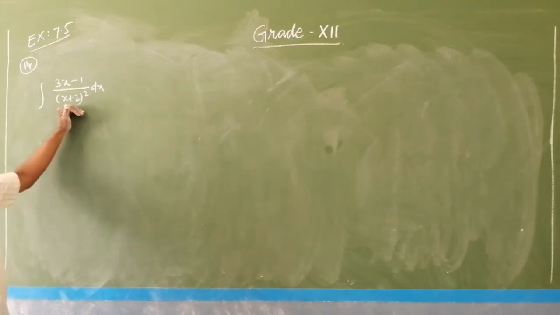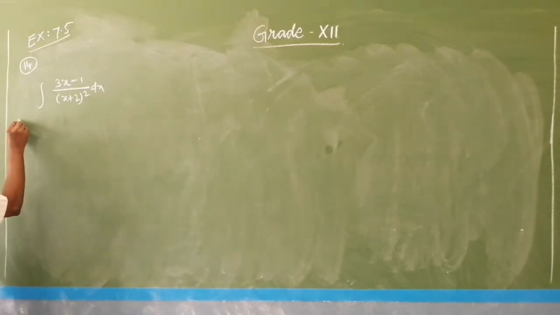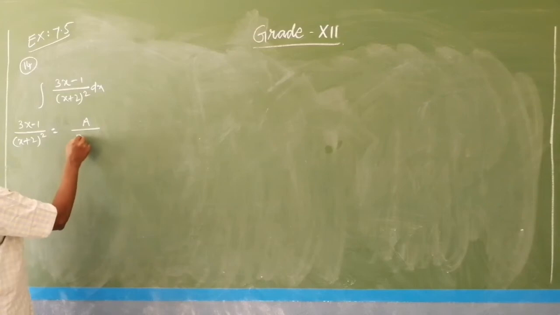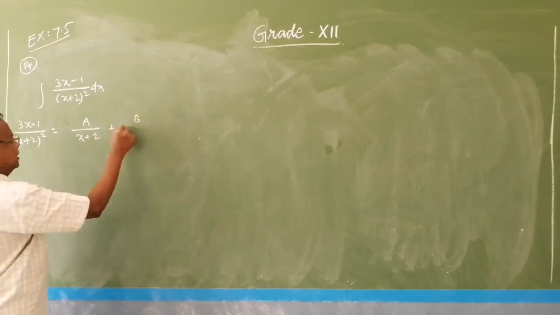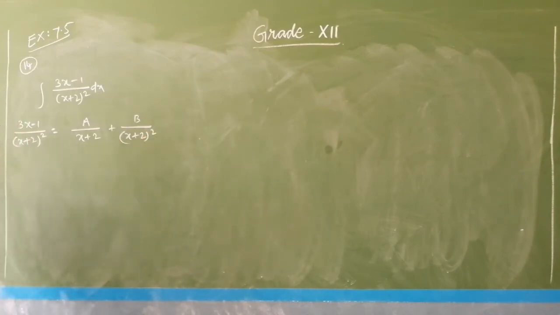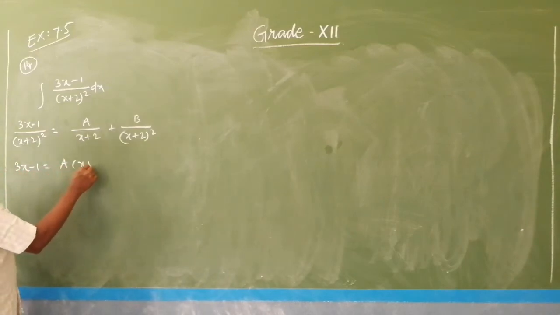It needs partial fractions because the denominator is a product of two linear functions. So, we have (3x minus 1) divided by (x plus 2) the whole square equal to a by (x plus 2) plus b by (x plus 2) the whole square. This is the rule for splitting the partial fraction when we are given the square of the term in the denominator. Now, equating the numerator on either side we have 3x minus 1 equal to a into (x plus